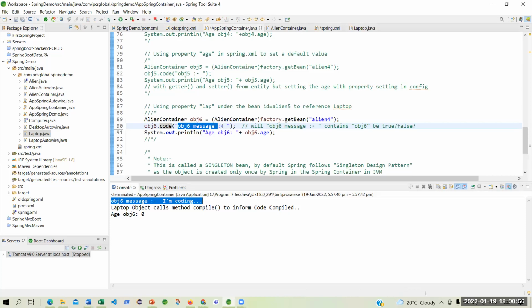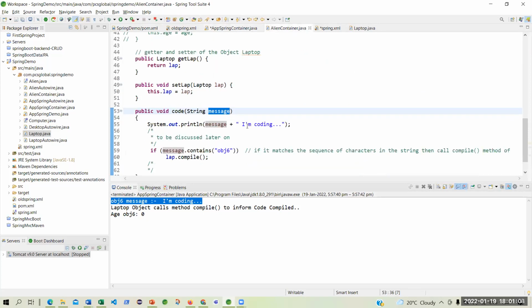Who is giving this I am coding? Go to align container. Because you have called align container's code method, go and study that. I am coding has been given inside the code method. Okay. Yes, sir. That is good. Now, who is going to give this?